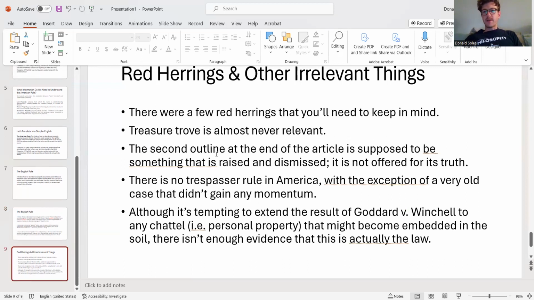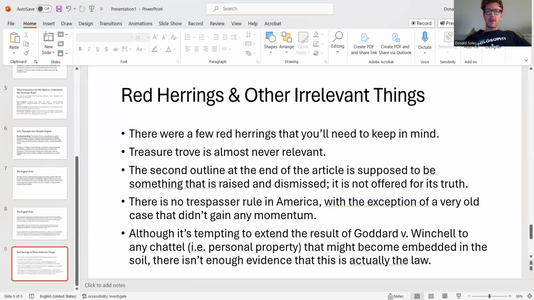The last thing that's worth mentioning is that at the very end of the Paulus article, you're going to see an alternative rival outline that's proposed. And the alternative rival outline is replete with mention of all sorts of controversial things that Paulus thinks are not well-established law. And so if you ever get stuck in the next writing assignment and you're trying to figure out what the law is, and you remember something that's said from the Paulus article, do not go to the end of the Paulus article, because more often than not, students will end up confused.